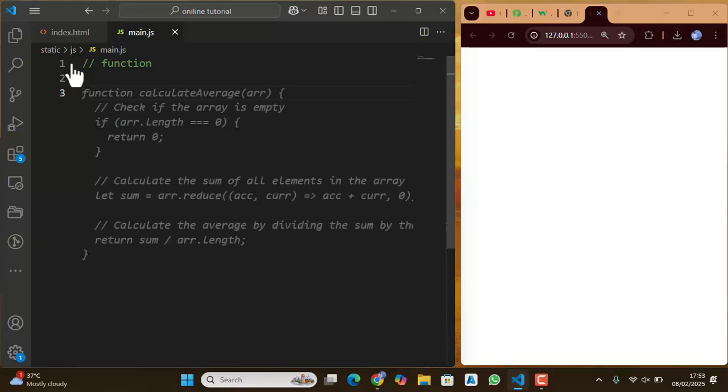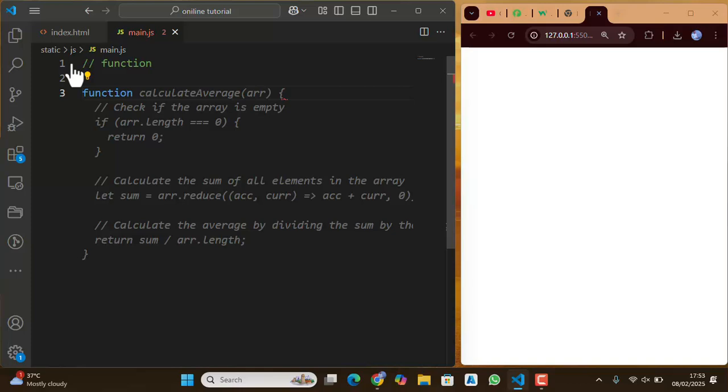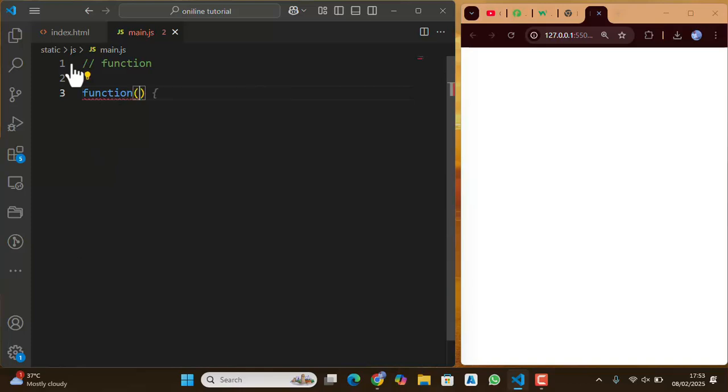A function is a very important aspect of programming, because anything that your program will do is a function, and it should come from a particular specified function. Now, how do we write a function in JavaScript? To write a function in JavaScript, we just mention the word function, and we use the bracket